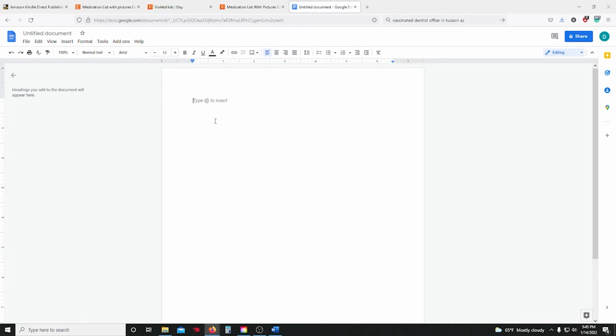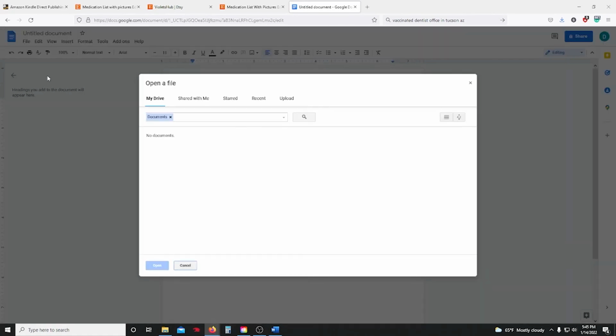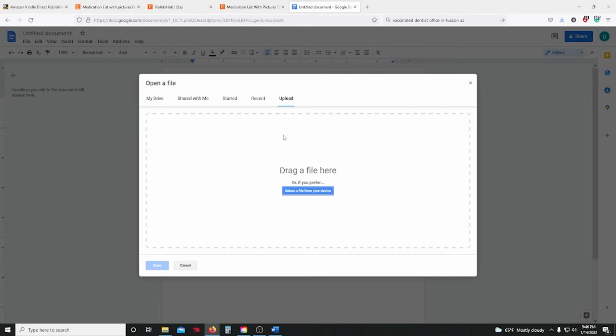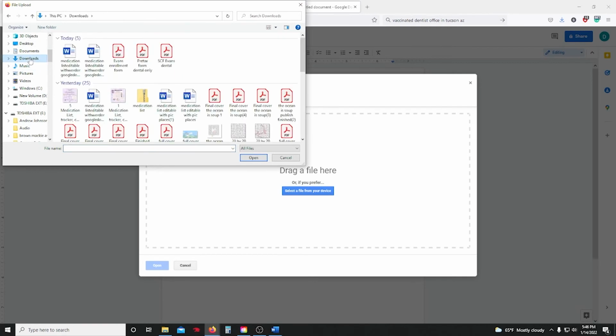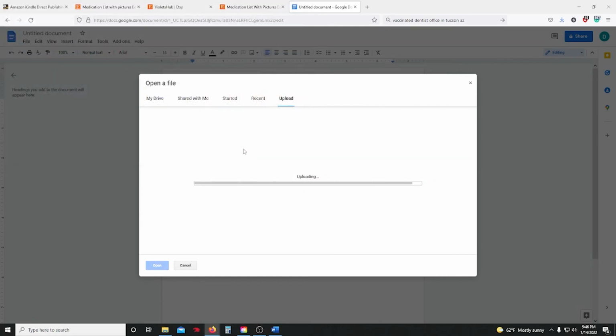Now, there's nothing on here right now. You want to bring the file that you downloaded onto here. So, File, Open, Upload. This little upload button right here. You're going to select this button from your device, and you're going to go to your downloads right here. Because remember, when you downloaded it, it went to your downloads folder. You're going to click on the download, open, and it's going to automatically put it into here for you to